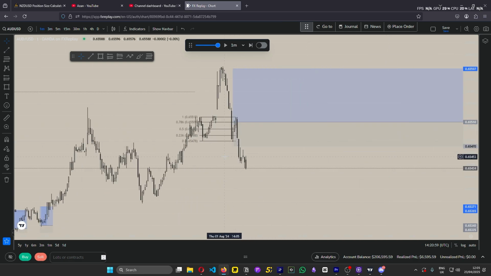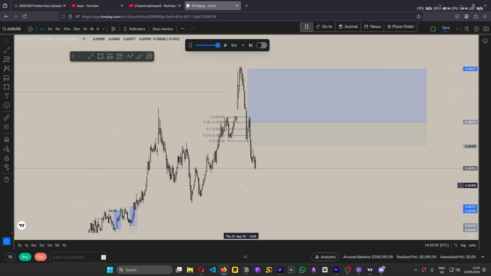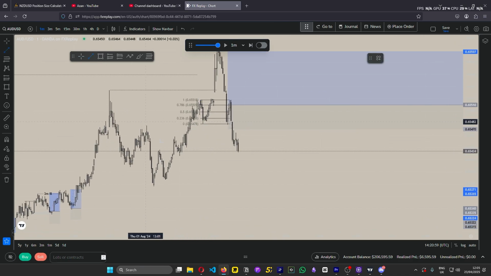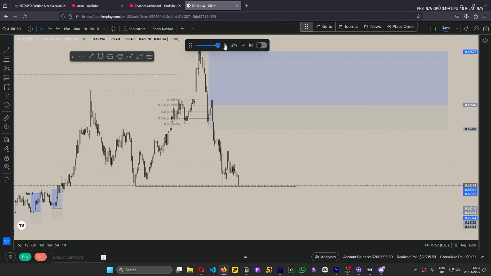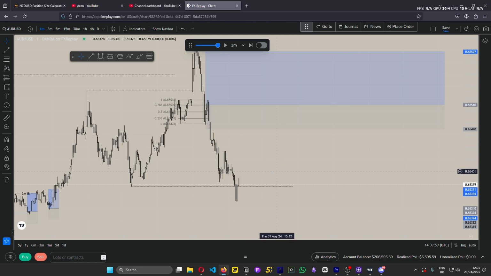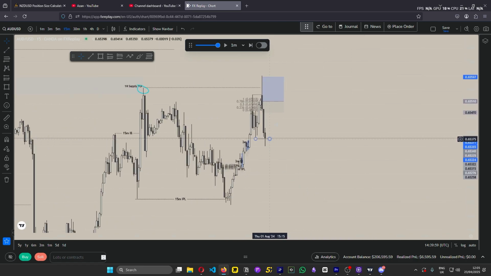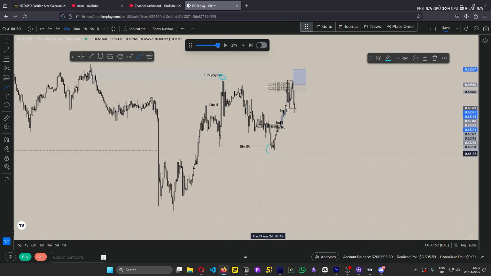Confluences wise, I mean, doesn't have imbalance, but it's fair. Yeah, it's fair enough. Now, if it breaks this main low, then that won't be good. But let's see. Alright, we just broke the low. Alright, so let me see what we're doing. We just got equal highs. Alright. If we got equal highs, that means now we're targeting this low over here.